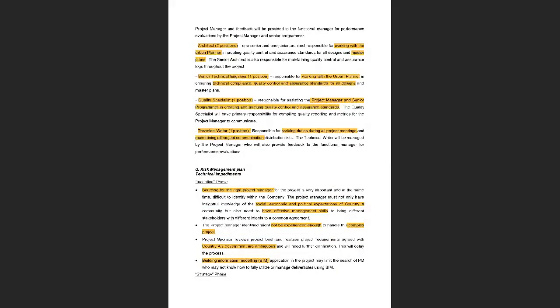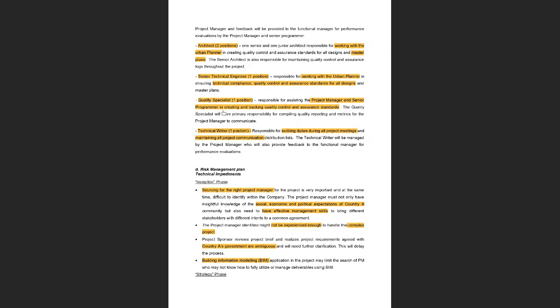All right, what else? Architects, of course, as Emiliano has rightly identified, so we'll need architects, electricians, plumbers. All of those are not listed here, but of course you can add those as well. Architects will be working with the urban planner in preparing the master plan. And then the senior technical engineer will make sure that whatever master plan the urban planner and architects come up with, they comply with the technicalities and with the regulations and standards that are in place in that country, in that region.